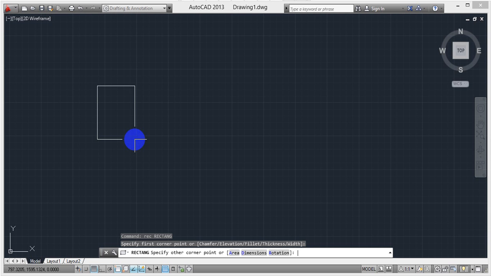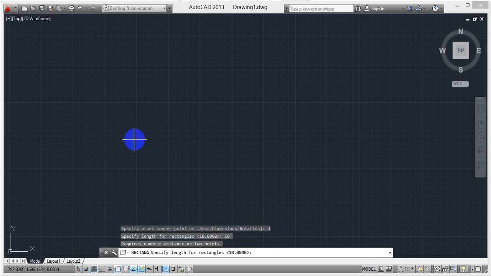So before that, go for dimension, D, enter. Next, 6 feet, enter, is the length. So the length I'm taking as 10 feet, enter. Next, height of the wall, 6 feet, enter.